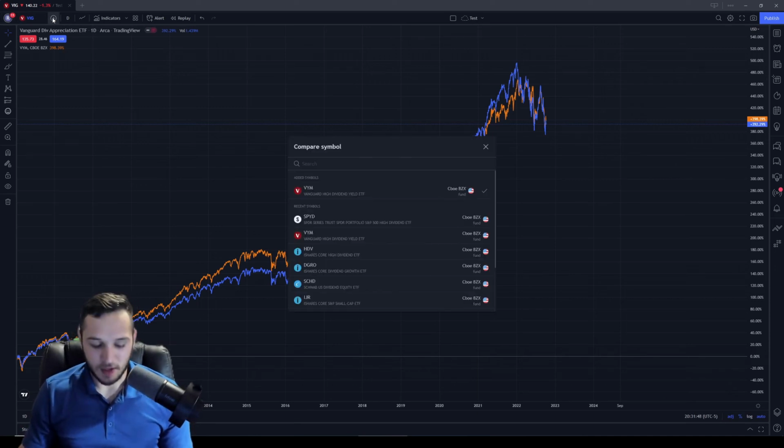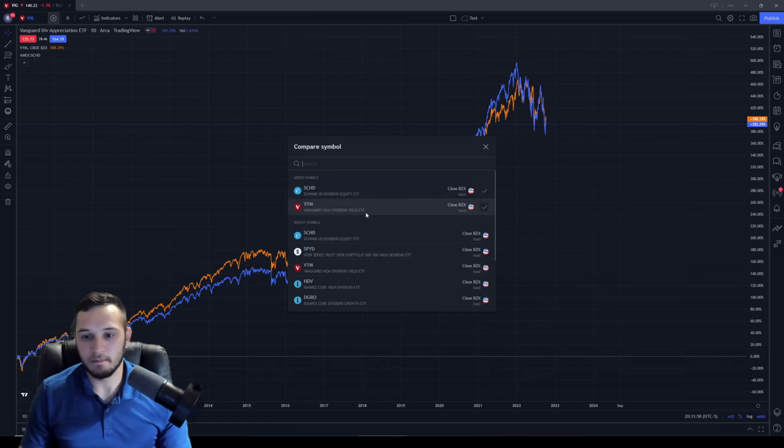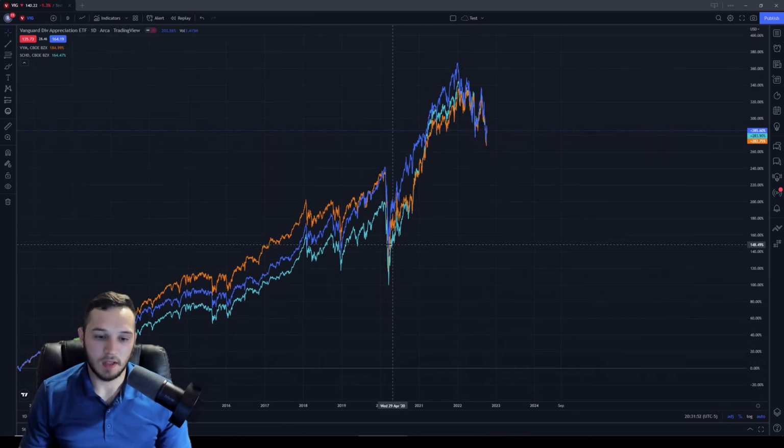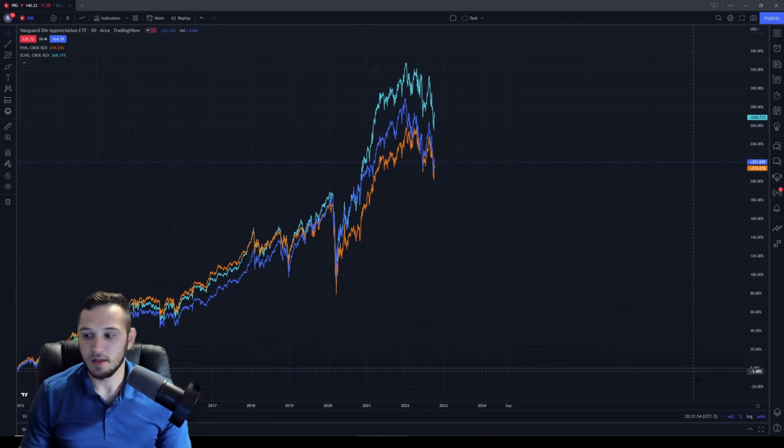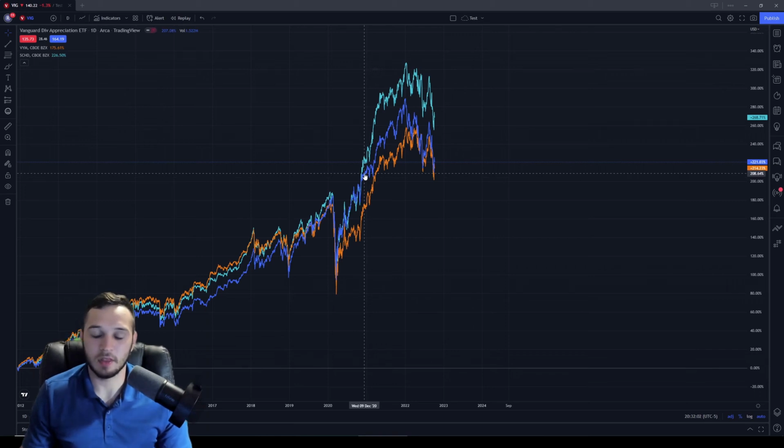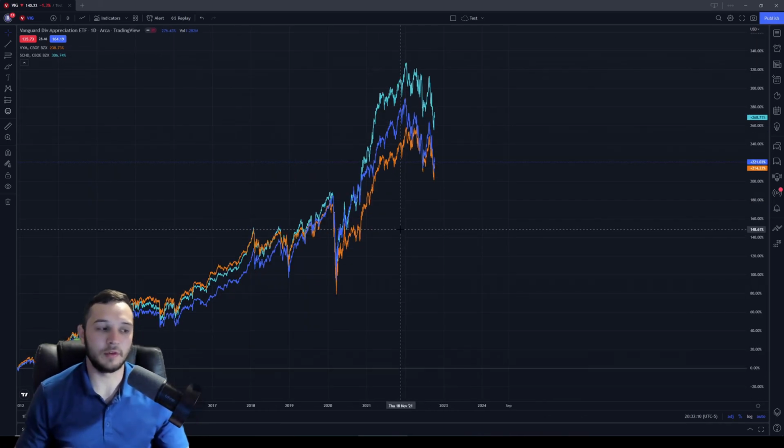Now we're going to throw SCHD in the mix. And adjusting for dividend yields, it's kind of in the middle of the pack for the most part, and it's been really shining since December 20th of a couple years ago. That's when it really kind of just took off, and it's been kind of holding the crown as the best performing dividend yield